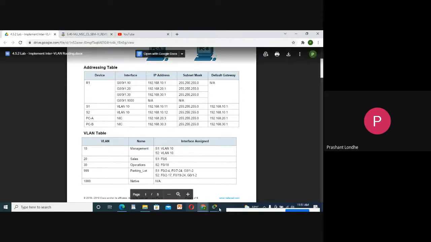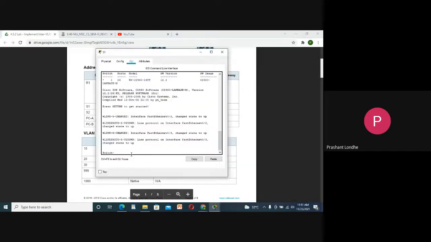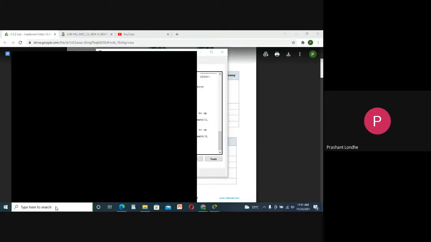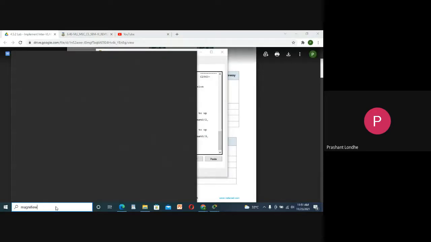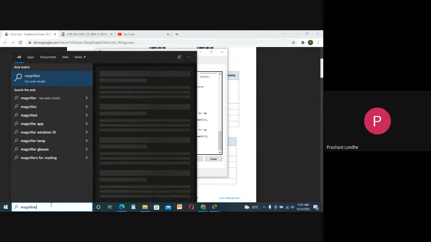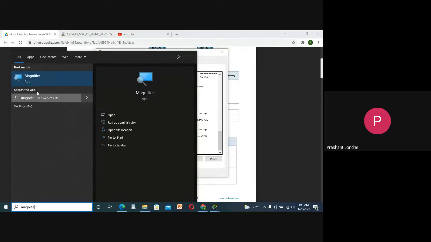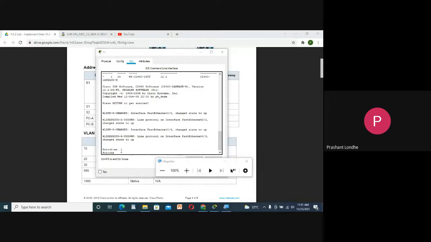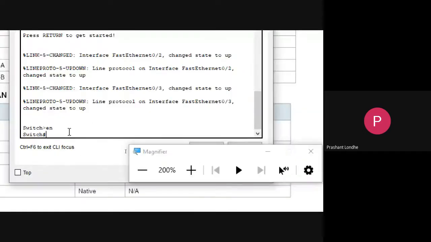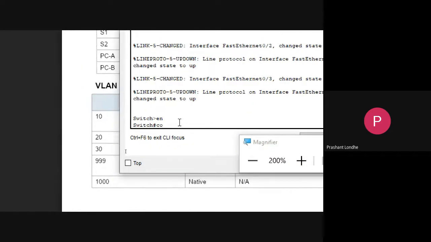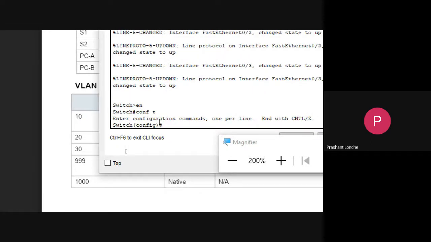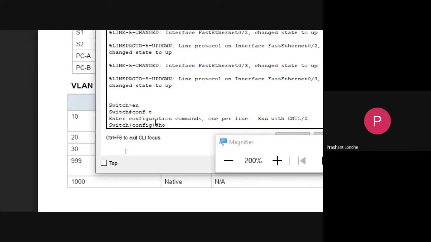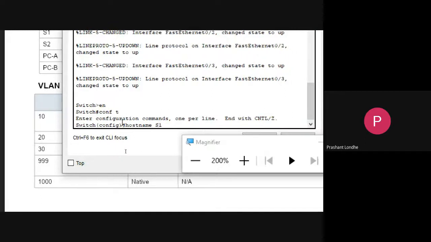So let us start. Let us open the switch and enable the configuration. Configure terminal, then hostname S1.